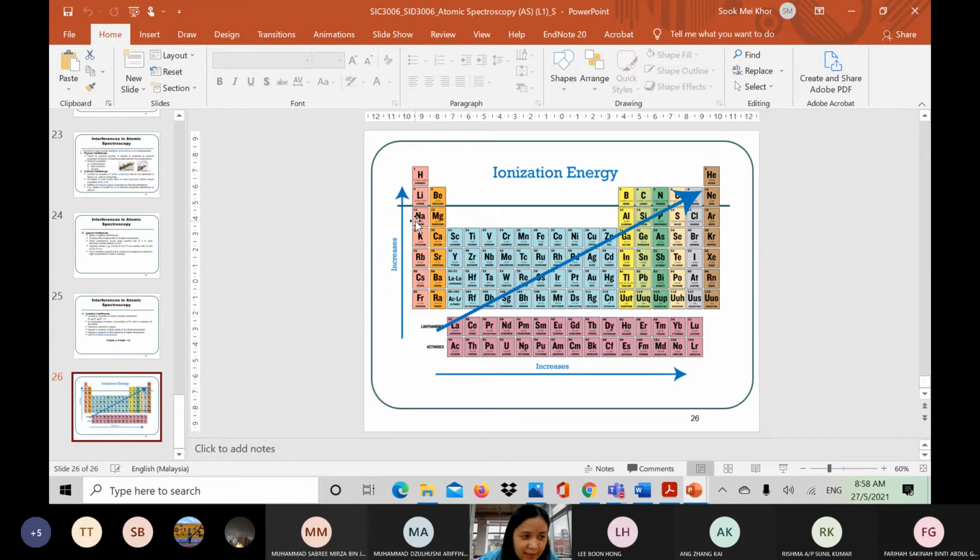Either in the unexcited state or being excited, with absorption and relaxed emission, right? So we want to detect neutral atoms. If we want to detect sodium, it is difficult because sodium easily gets ionized. In order to suppress the ionization of sodium, we have to pick an element and add it into our sample solution, something like potassium, to get ionized first. When it gets ionized, it will suppress the ionization of sodium.